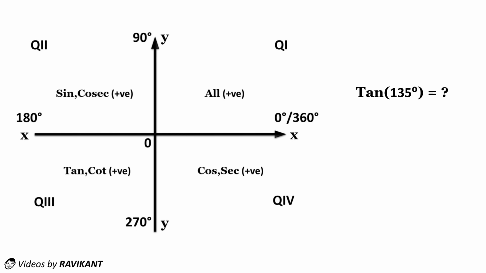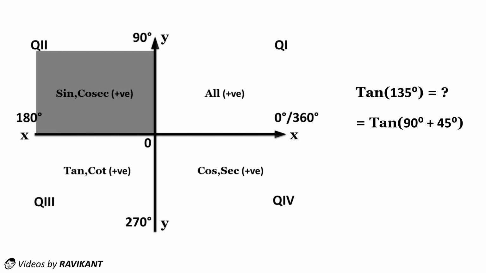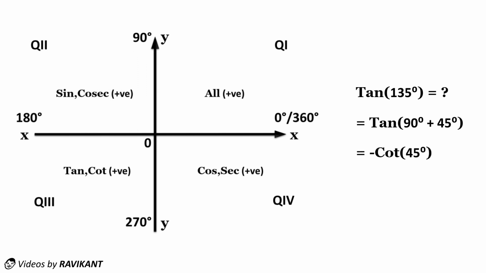And we will find the value by two methods. So let's start. If you don't mind, then I can write tan 135 degree is equals to tan 90 degree plus 45 degree. One thing I tell you that always choose the nearest angle and small angle. So the angle is 45 degree that lies in second quadrant, and in second quadrant only sine and cosec are positive. So tan would be negative, and it will change into cot because the angle is 90 degree plus theta. So tan 90 degree plus 45 degree is equals to minus cot 45 degree, and we know that cot 45 degree is 1. So the value of tan 135 degree is equals to minus 1.